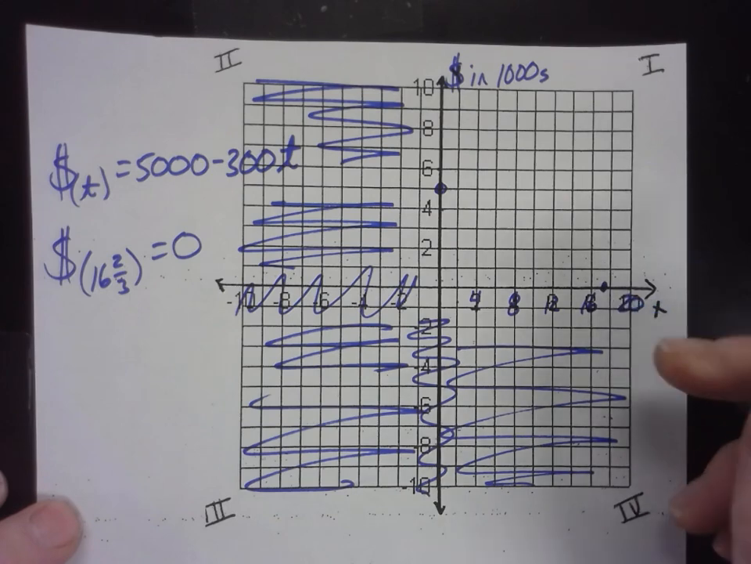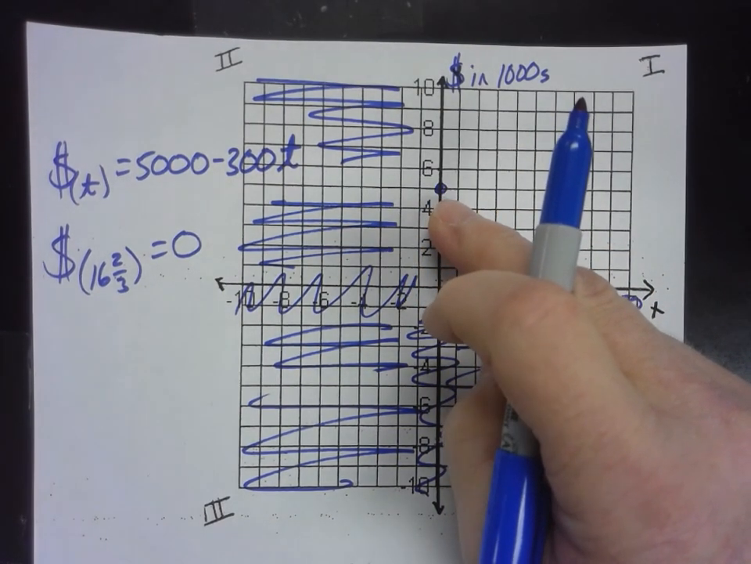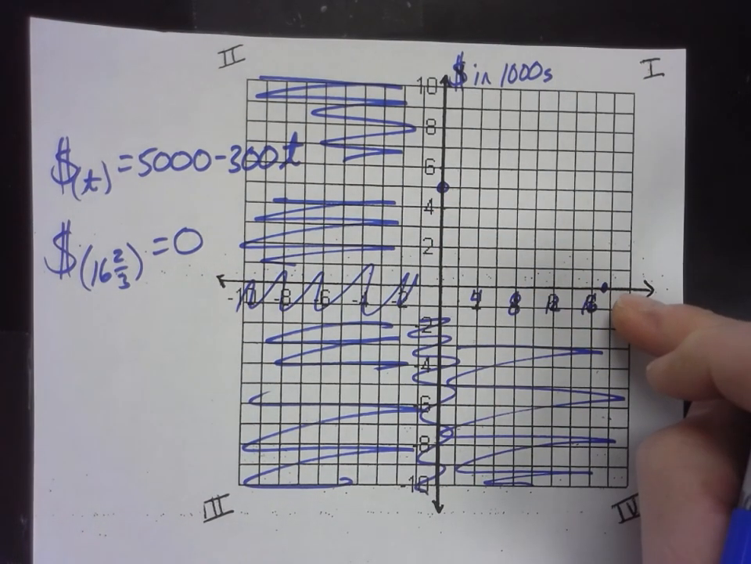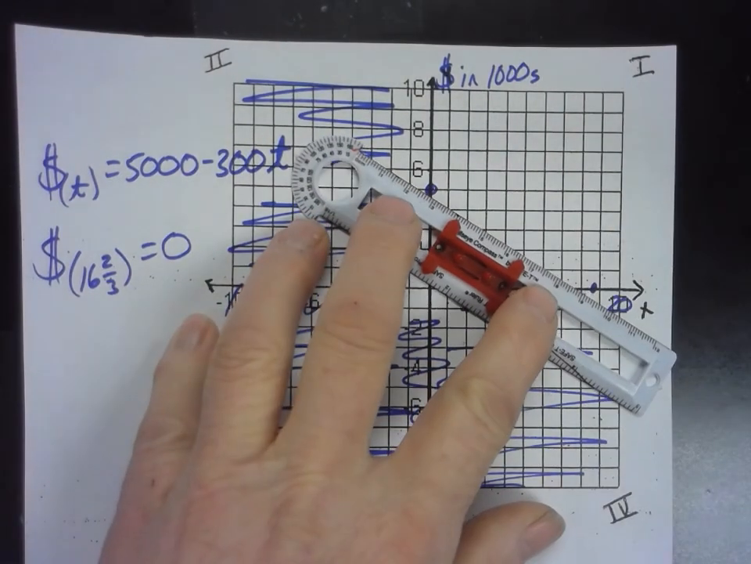Right? So it's not just the y-intercept that's important in this problem, is it? It's not just how much you owe at the start. It's when do you owe $0. And so we can make our graph